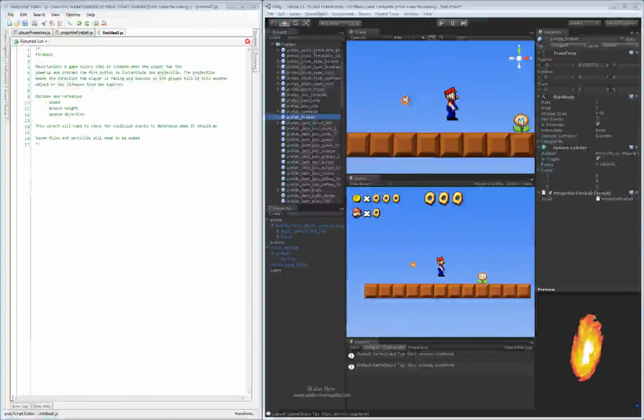Our next item that we're going to look at is the fireball. The fireball is a really fun weapon that Mario has that he uses to try to destroy the enemies inside of the game. So for the fireball, we'll take a look at our description. The fireball is basically a game object that we're creating when the player gets the power up, which is